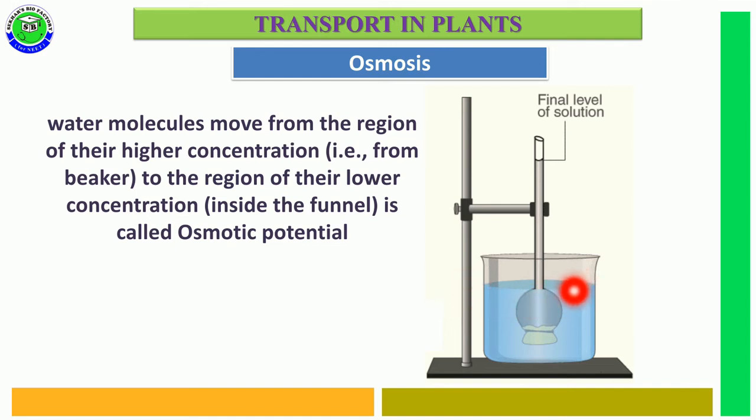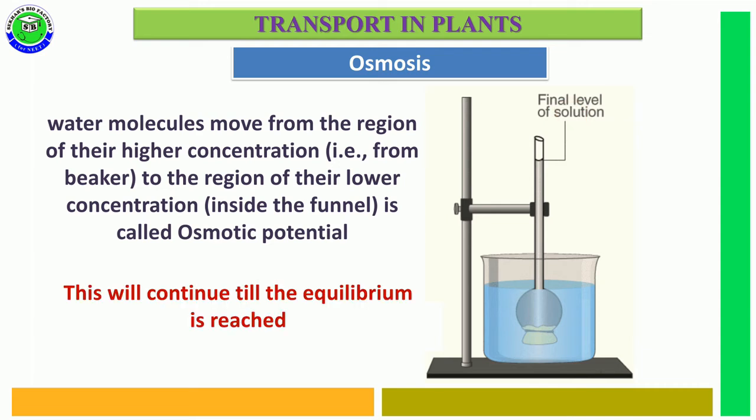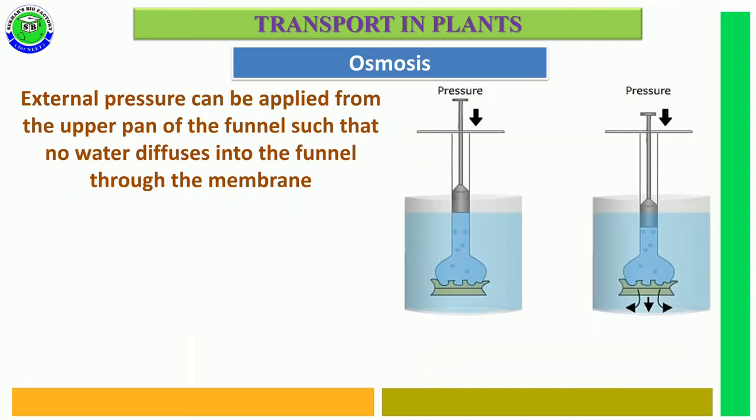During the osmosis process, the water enters the thistle funnel with the help of some potential, which is called osmotic potential. It helps to increase the level of the solution in the thistle funnel. It is called the final level of solution. So this process of osmosis occurs continuously till it reaches equilibrium. So during this experiment,